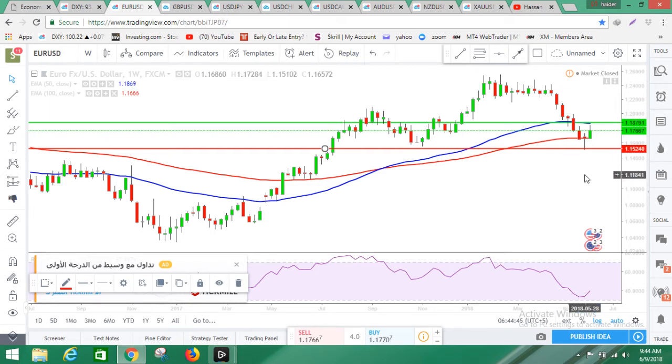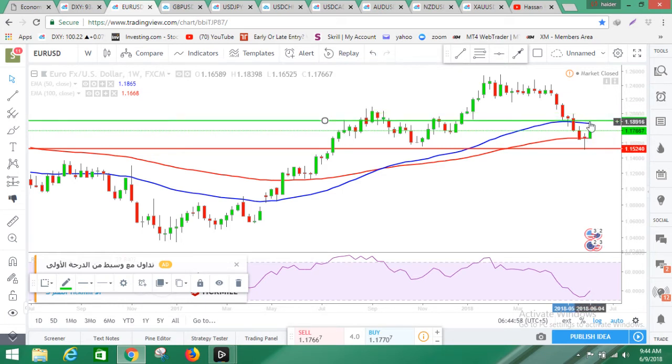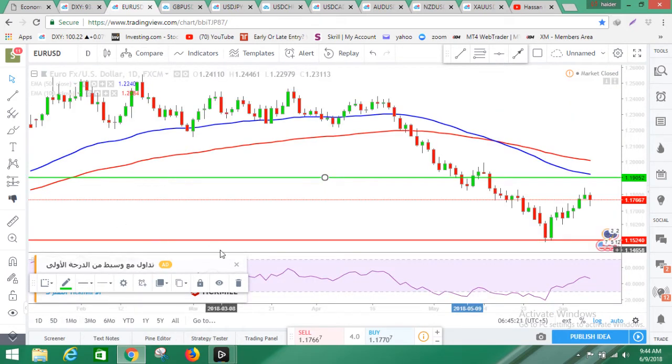But for the normal range, I'm right now looking at around 1, I'm sorry, not that much. 1.90 is not an impossible target, and as expected, if US dollar gets good strength, then it's heading to 1.1524 and below. If we compare it on the daily time frame, although right now it's not that bad, the overall trend is an uptrend, but